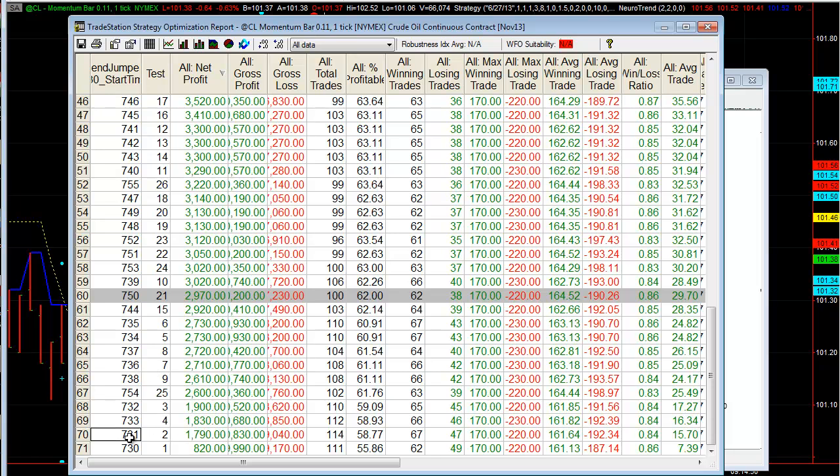Now look at the next line up. Starting 1 minute later, your result goes from $820 to $1,790. It's almost like you have to scratch your head, like how could that even be? But I want you to understand how critical time is to what you do. You can't take any trading system, indicators, plugins, anything like that unless you do a very thorough analysis of when you start trading it and when you stop trading it.